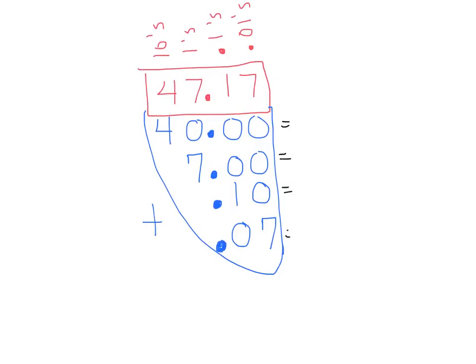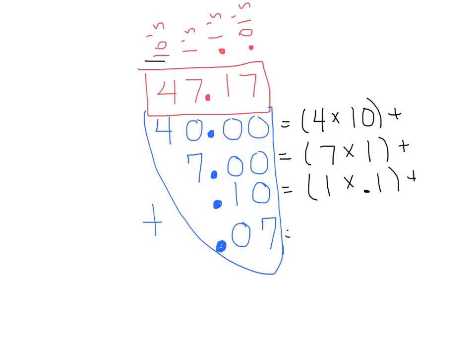put my equal signs. 40 is equal to 4 times the place that it's in, and the 4, if I look all the way above it, I can see that it's in the tens place, so I have 4 times 10 plus, I have a 7, and my 7, when I look straight above it, I can see is in the ones place, so I have 7 times 1 plus, I go to the next number, I have a 1 in the tenths place, so it's 1 times 1/10 plus, I have a 7 times, the 7 is in the hundredths place, so I have 7 times 1/100,